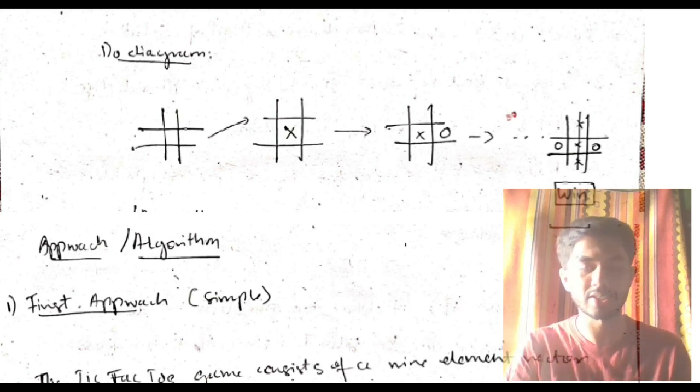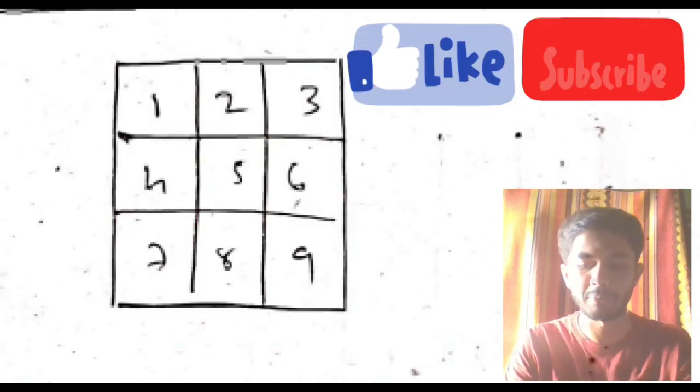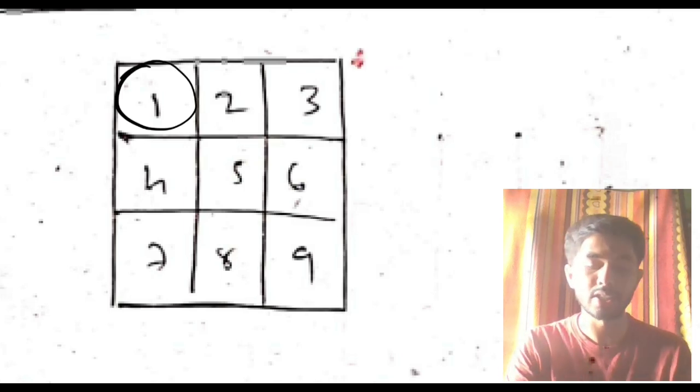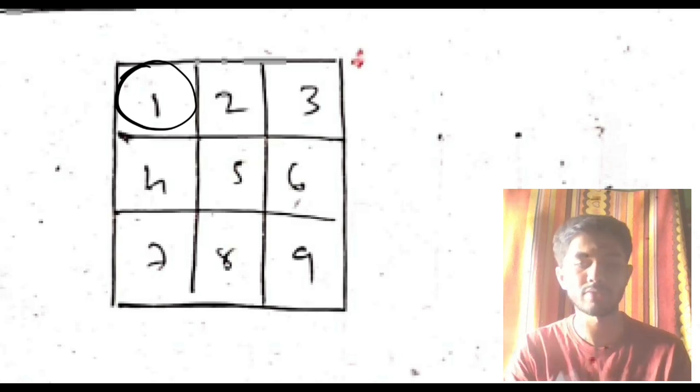The main thing is that in each of these boxes, see if you observe carefully, you have how many things? 9 things are there. In these 9 things, if I consider just one of those, what are the possibilities you can put? Either you can put an O, or else you can put an X, or else you can keep it blank. There are 3 possibilities for each of this space.